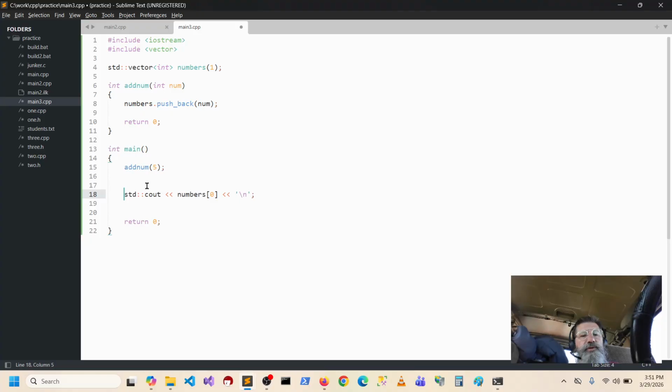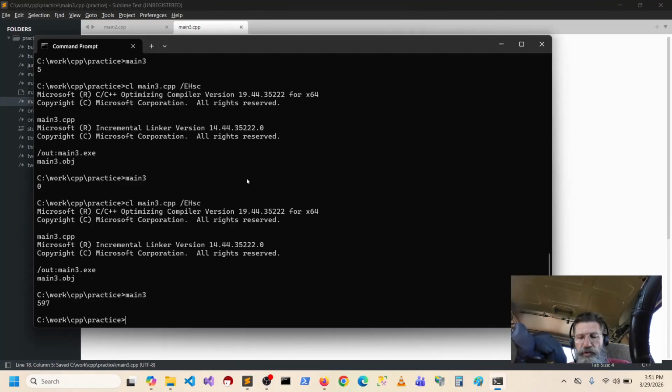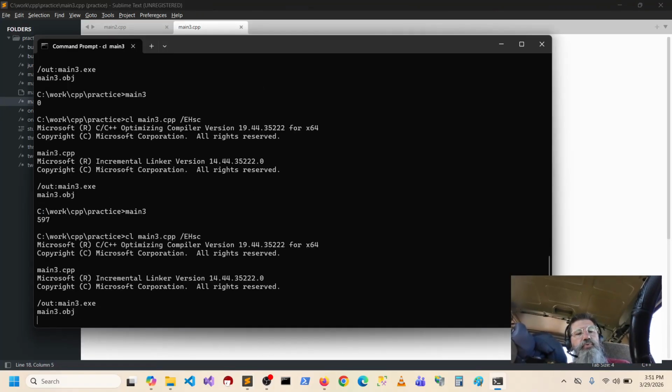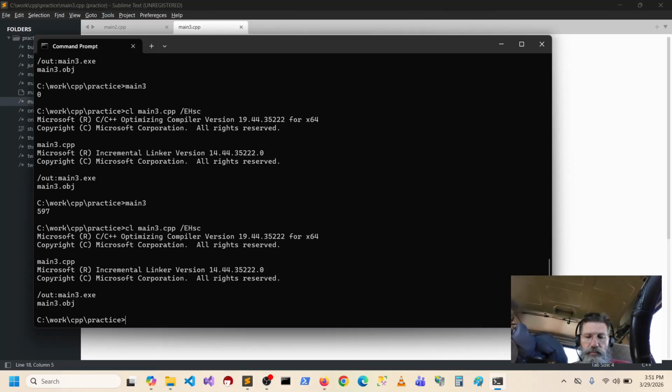Wonder if we should just loop it all out. Let's just do this for now, because I want to test that const. So if I do this, so that will print 5, right?